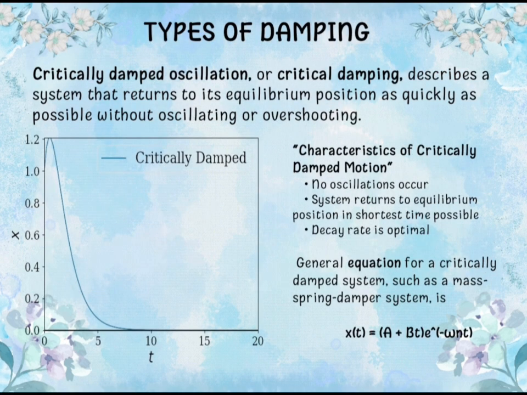We have critically damped oscillation. This type of damping returns to its equilibrium position as fast as possible without overshooting or oscillating. It's the ideal case for many systems, like shock absorbers in cars, where you want settling without bouncing. The main characteristics are that no oscillation occurs, the system returns to rest in the shortest possible time, and the decay rate is optimal. The equation for this motion is